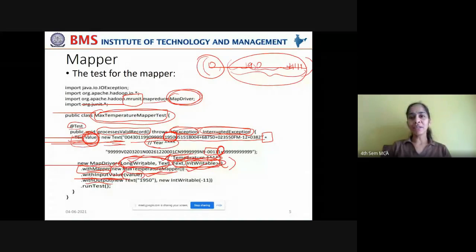Remember, this is a unit test and a unit test should have the expected output mentioned. Only when you mention the expected output can you tally it with the actual output. Only if they both match can you say that this test has passed. If they don't match, then it shows an error, which has to be rectified immediately. So what is the input you are mentioning here, and what is the output you are expecting? A year value and